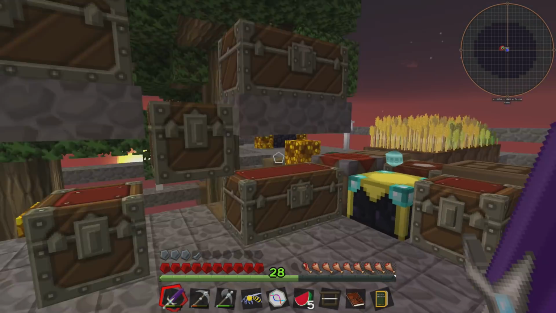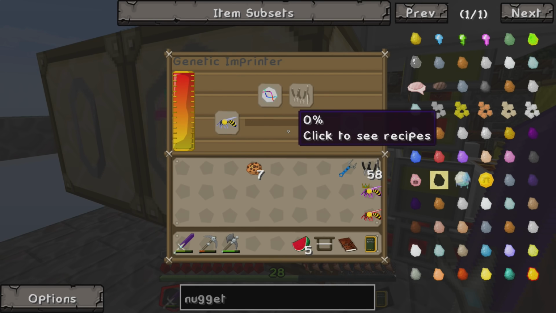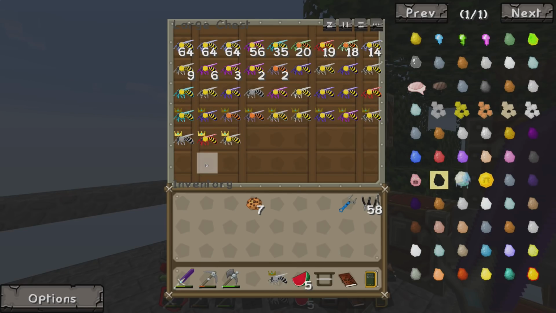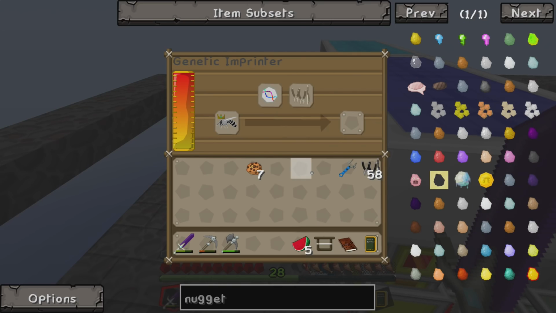Oh, try in the morning. So here's my theory based on absolutely nothing. If we put that in there, then we put this in there, nothing will happen, because it's a drone and who cares. Let's say we throw a Rocky Princess in there, though, because we got a Rocky Queen, so we're not really worried about running out of a Rocky Princess. If we throw her in there...